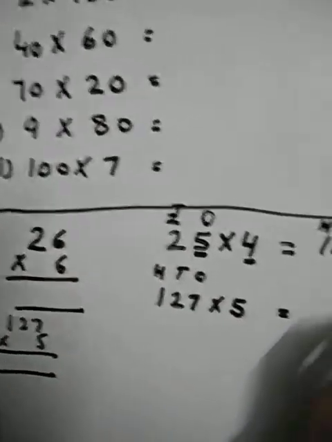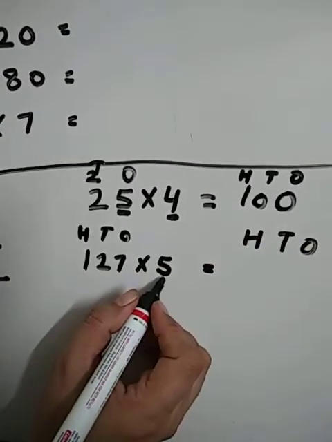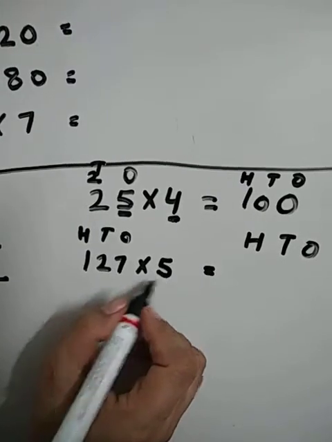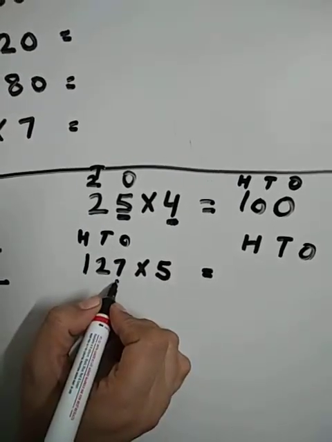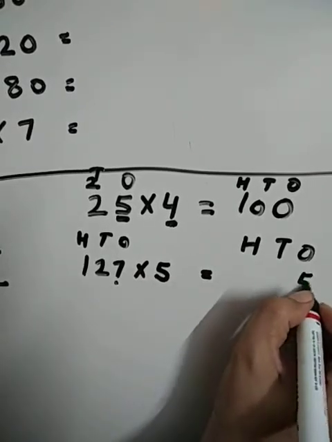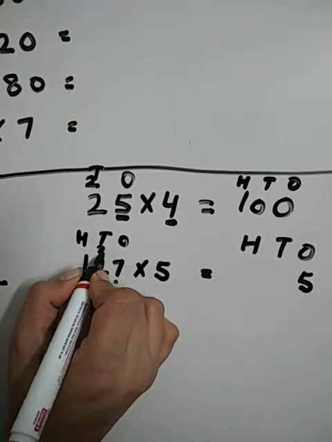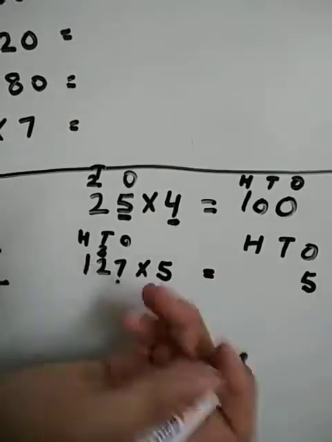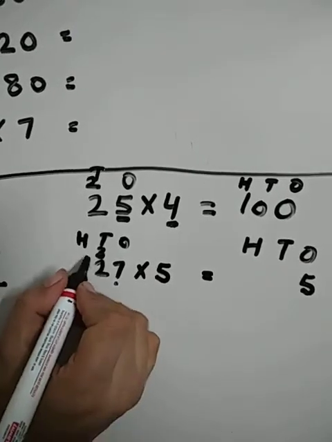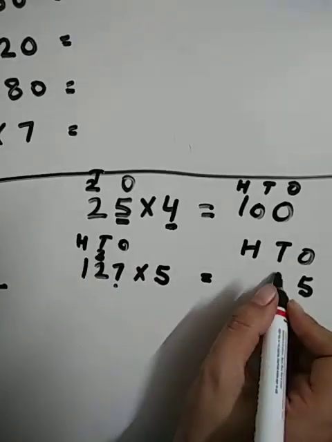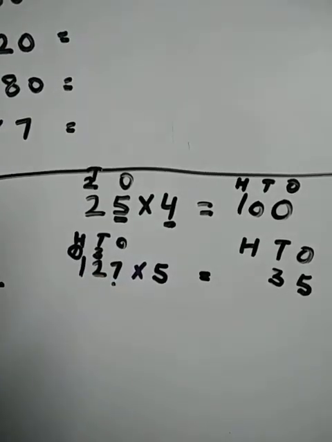तो हम यहाँ पे फिर first we will write the places. Now I will do the multiplication. 5 multiplied by 7 at ones place. 5 7s are 35. So I will write 5 here. 3 is remaining left. So I will write 3 at the tens place, because I have to give a gift to the other number. Now 5 2s are 10. 10 plus 3, 13. I will write 3 at the tens place, and 1 I will give as a gift to the hundreds.